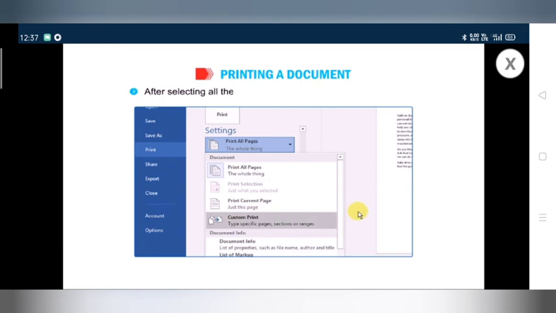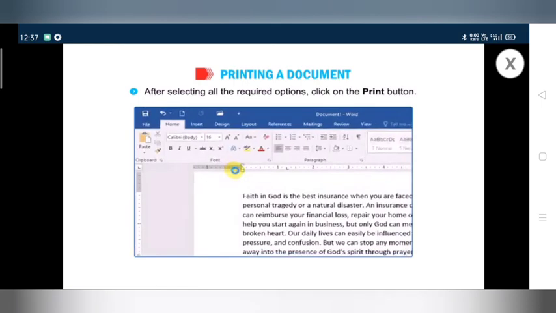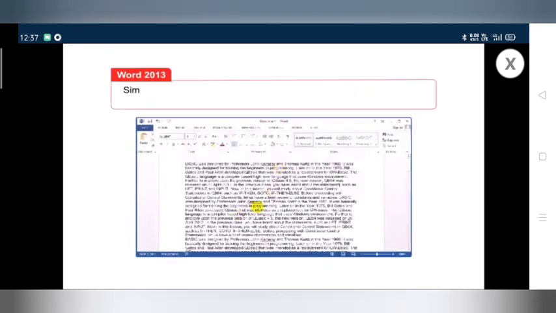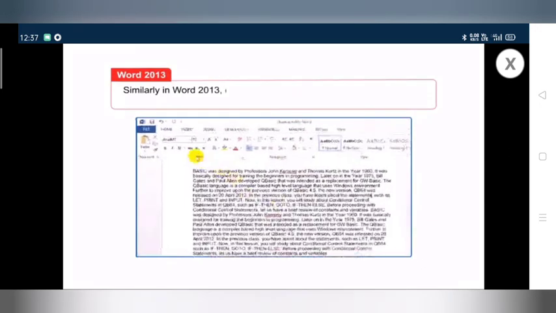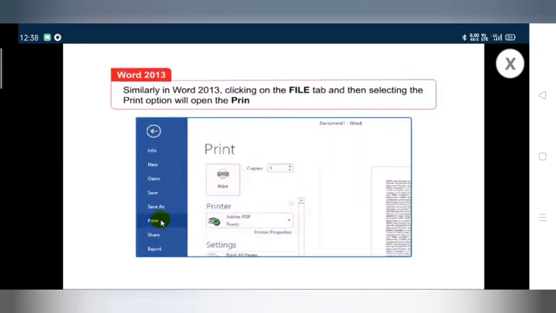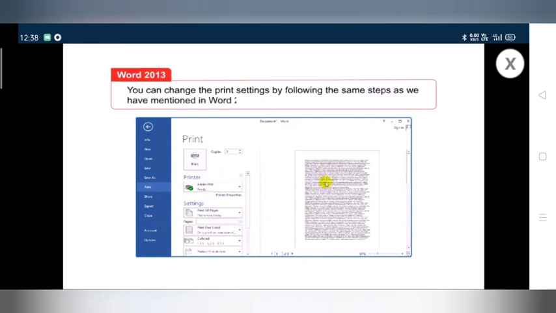After selecting all the required options, click on the Print button. Word 2013: Similarly, in Word 2013, clicking on the File tab and then selecting the Print option will open the Print section in the right pane. You can change the print settings by following the same steps as we have mentioned in Word 2016.